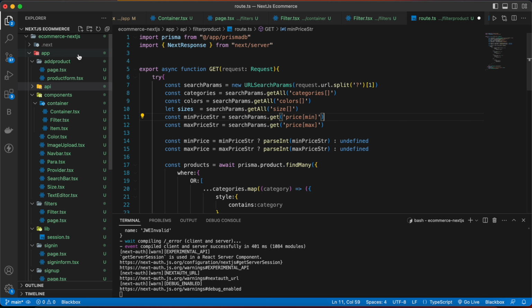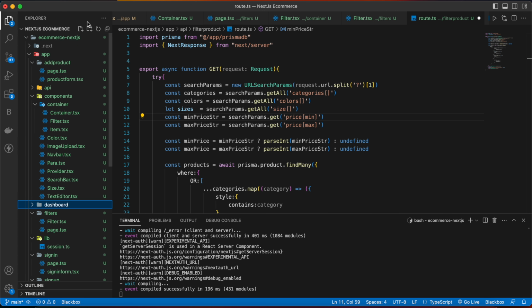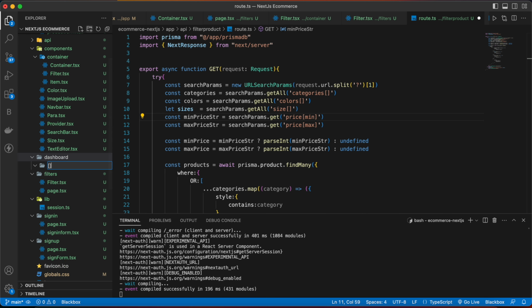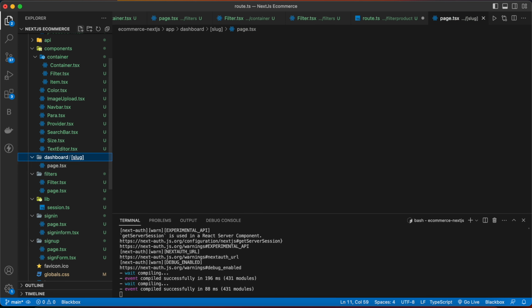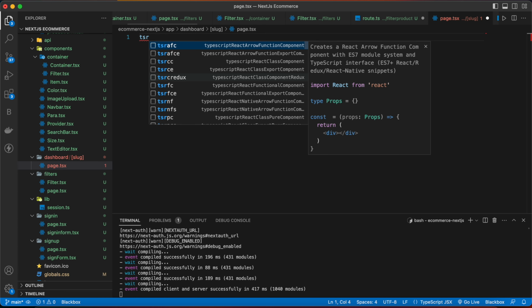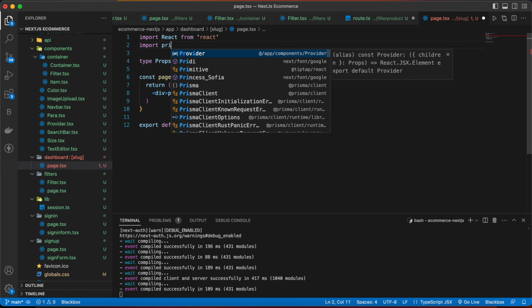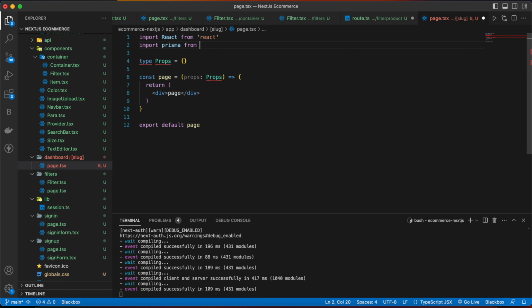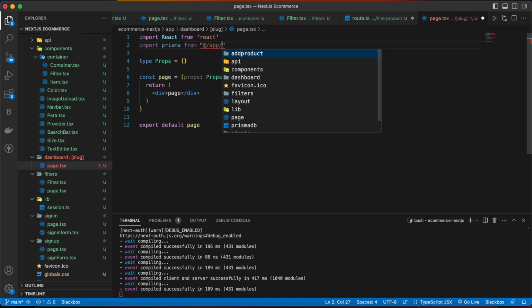Now inside the app directory, make one more folder named dashboard, and then inside that make one more folder named slug, and then inside that make a file named page.tsx. Now here we are going to import our Prisma. So Prisma from app/prismadb,